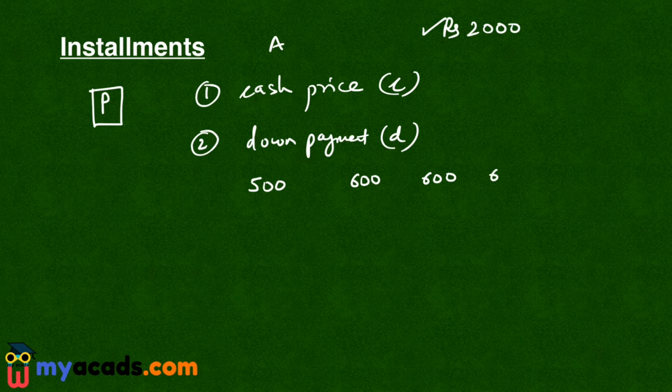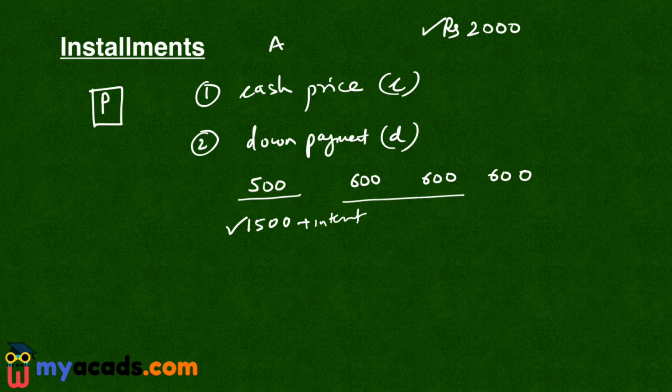rupees each. Now since the person is paying only 500 rupees at the moment, but the cash price is 2000 rupees, it means the person has taken a loan of rupees 1500. So shopkeeper will charge certain interest on this amount and he will take this amount and the interest in the